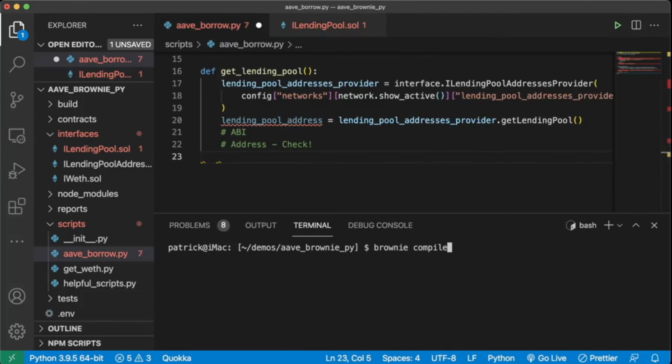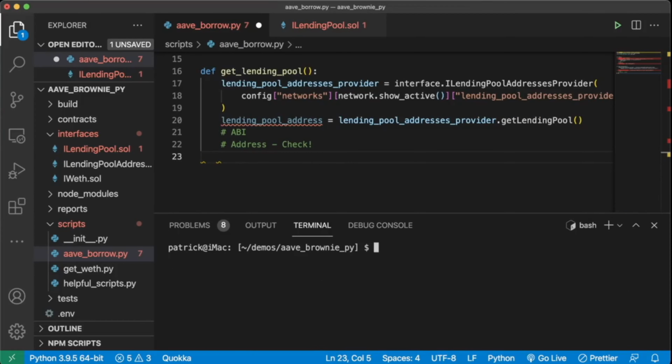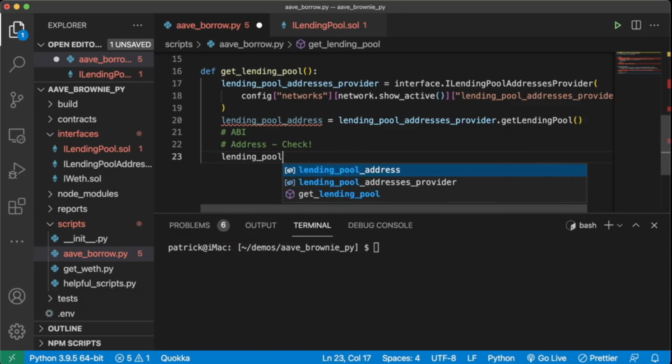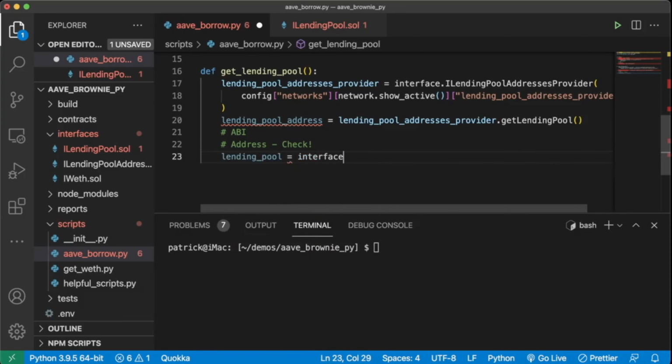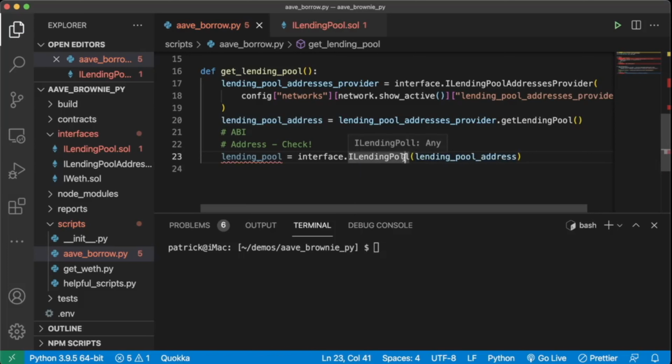brownie compile. And perfect. If these interfaces had an issue, they actually wouldn't compile through Brownie here. So we know that they're compiling correctly. But great. So now that we have an interface, we know that these interfaces compile down to the ABI, and we already have the address here. So to actually interact with the lending pool now, we can just do lending_pool equals interface.ILendingPool, and we'll add this lending pool address,